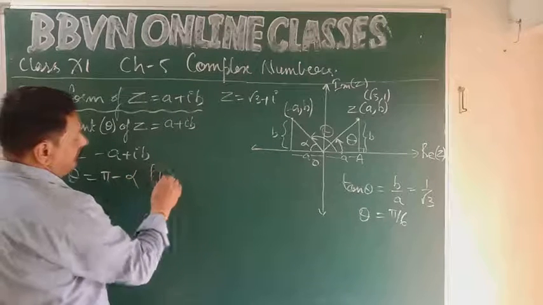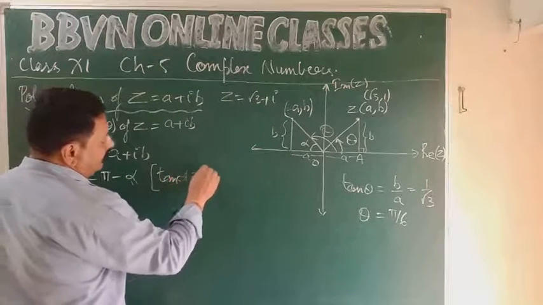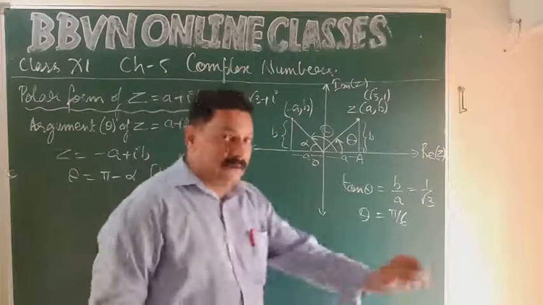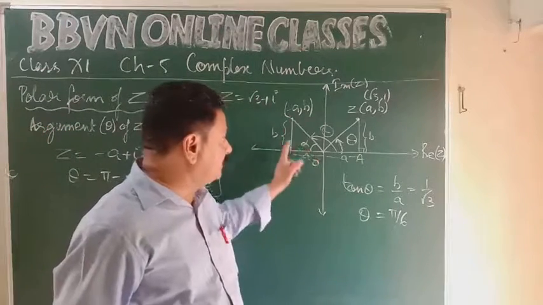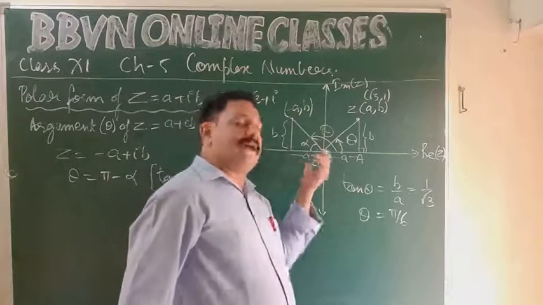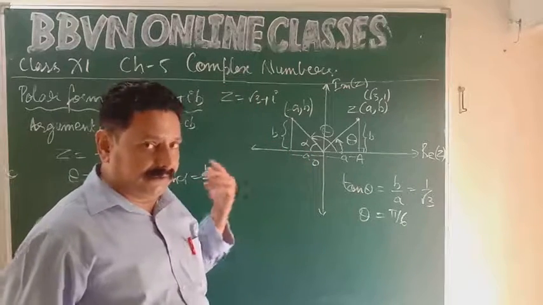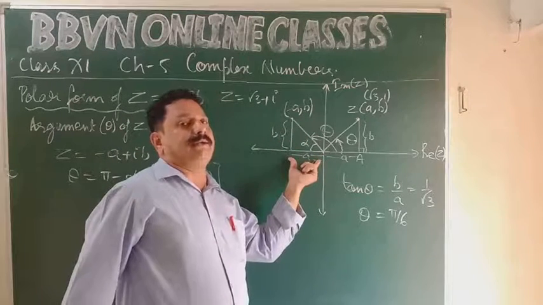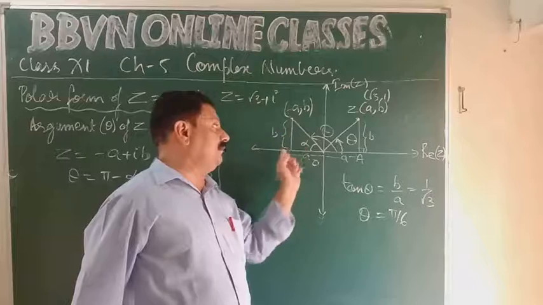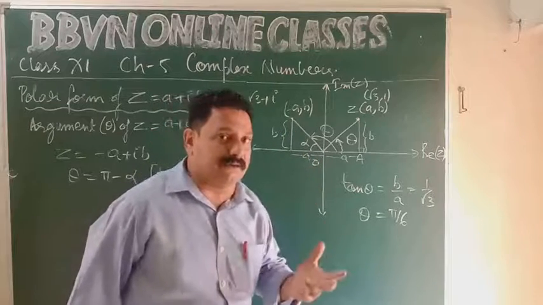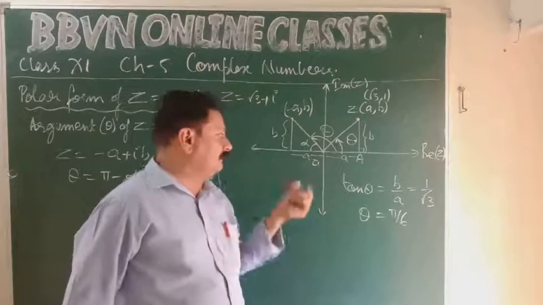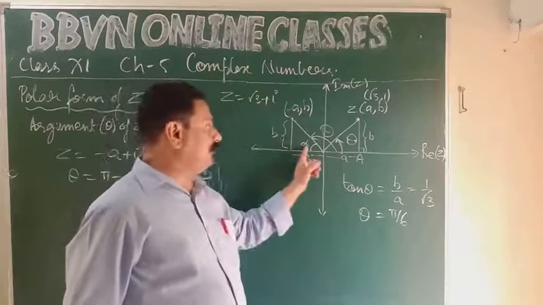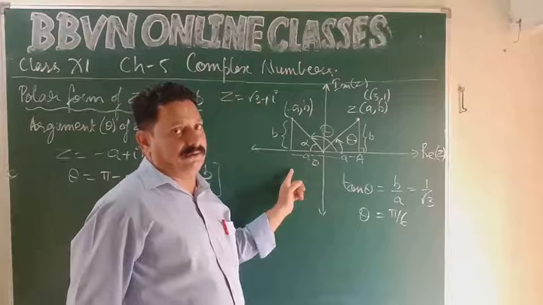और alpha कैसे निकालेंगे आप? Tan alpha equal to B upon A. Alpha is an acute angle. Now here, since we are taking this triangle, this A lies on the negative real axis. But when I talk about this triangle, the length of this segment, now we are talking about a triangle. So no side of the triangle, dimension of any side cannot be negative. So this is A units and this is B units. I can easily find out tan alpha equal to B upon A, right?